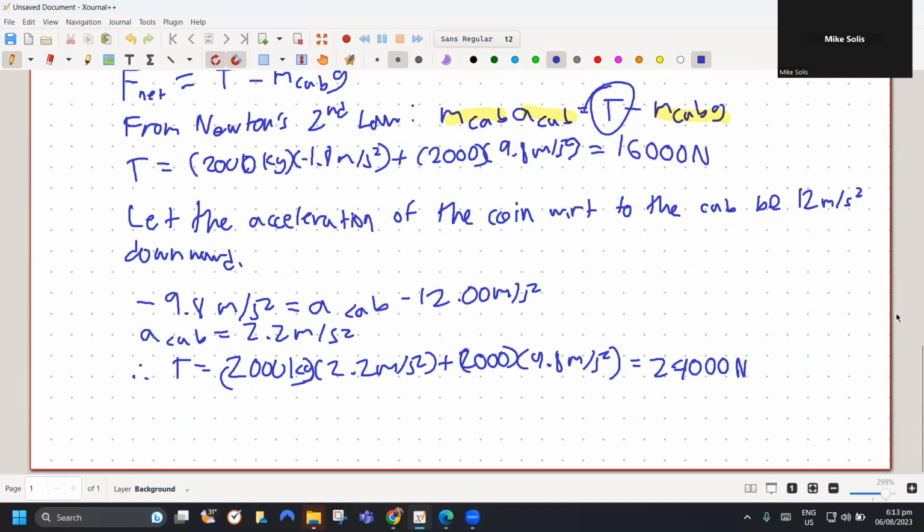Okay. Ngayon, ano naman yung weight ng cab in newtons? Kasi we're going to look at it for comparison. So the weight of the cab in newtons, so W cab is equal to